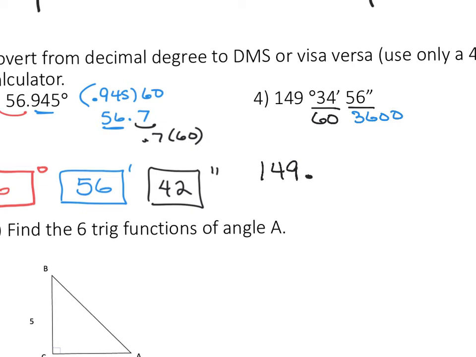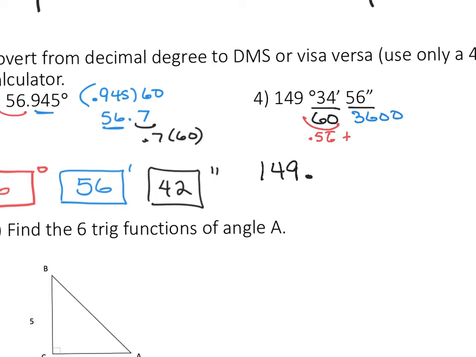I'm going to put the decimal point, and then what I need to do here is divide this, and the decimal becomes 0.56 repeating, and then I'm going to add that to 56 divided by 3,600,